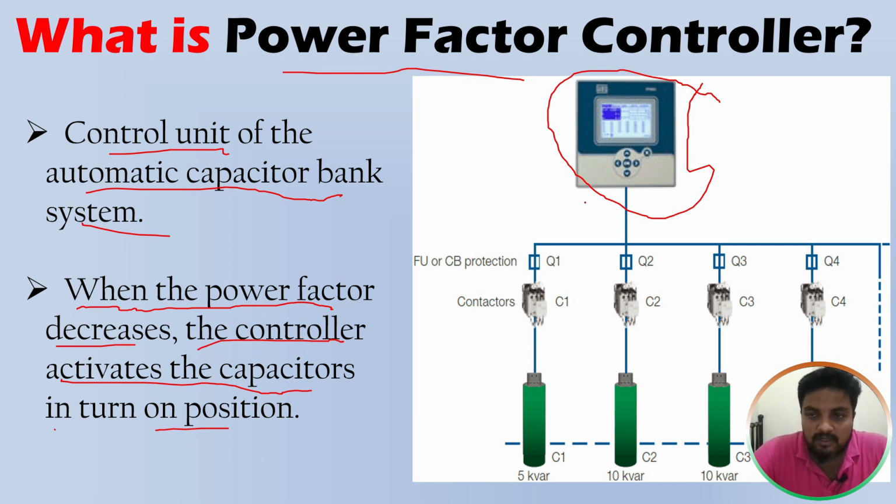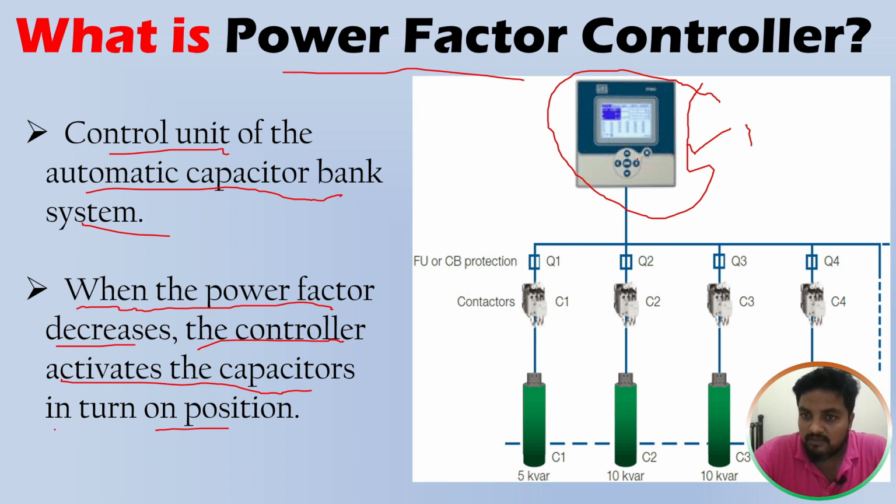This whole setup is connected to the power system, the supply system. The controller always monitors the power supply, and when the power factor is reduced from the rated value,